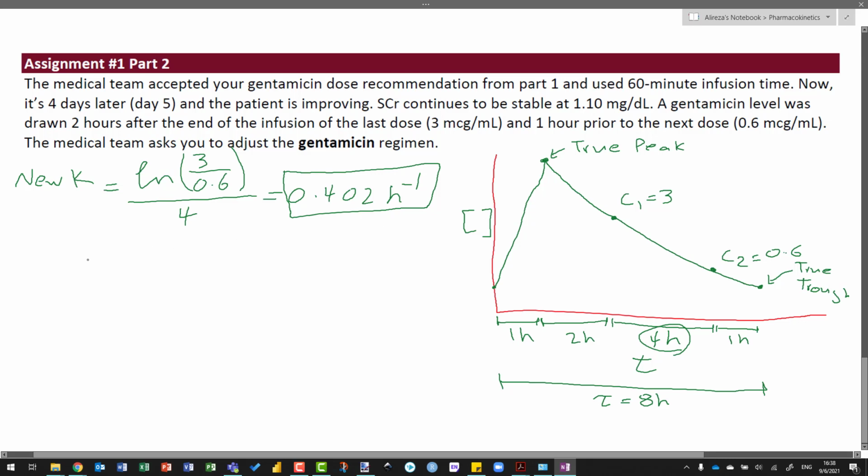The other thing we can do for individualized pharmacokinetics is calculate the volume of distribution. Before we do that, we actually need to figure out what the true peak and the true trough are, to be more accurate for the volume of distribution. So we would say that the true trough, actually let's do the peak first. So the true peak equals,